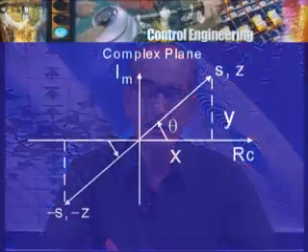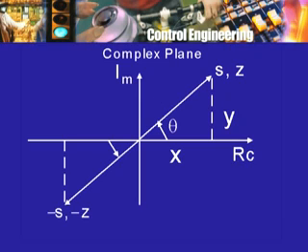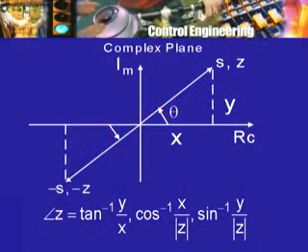For example, here is the angle, say theta, such that the point S is in the first quadrant, and here is another point which is in the opposite direction, which is actually minus S, that is in the third quadrant. Now the angles or the arguments of the two complex numbers are not the same. In this case the argument is theta; in the other case I have to go counterclockwise. The angle is actually 180 degrees or pi radians plus theta radians. So these two complex numbers have different arguments,